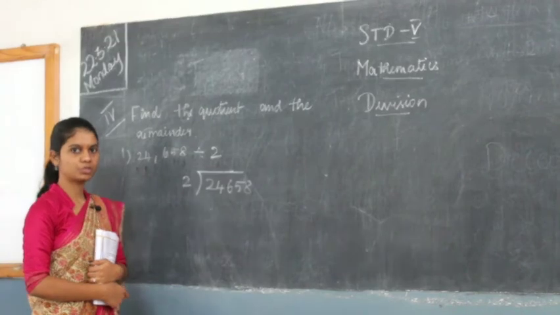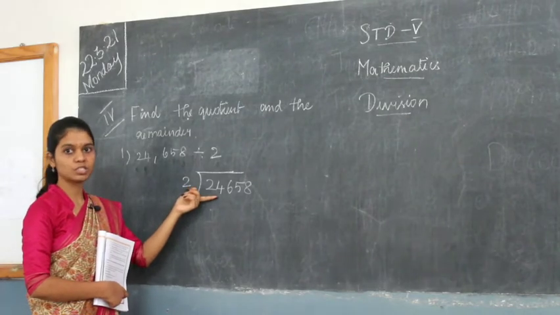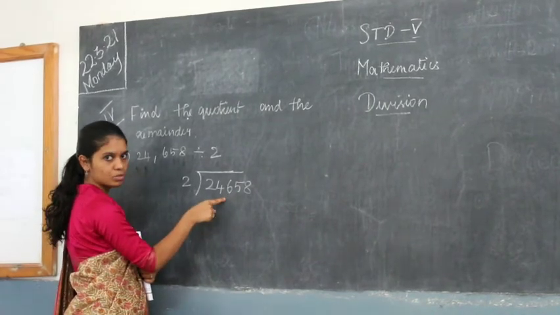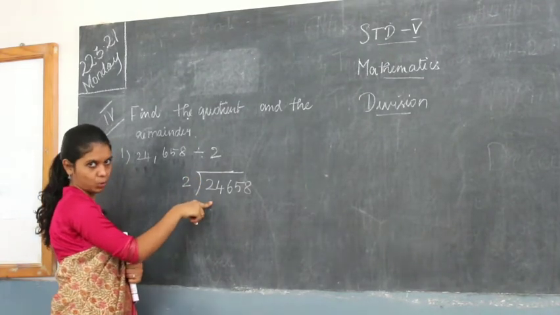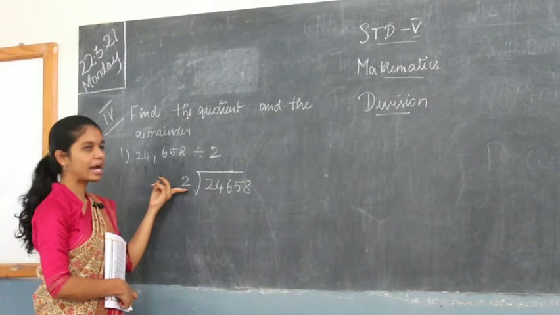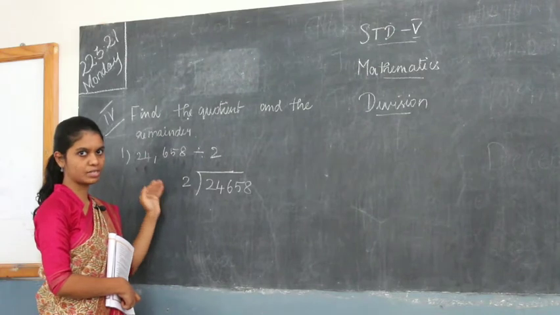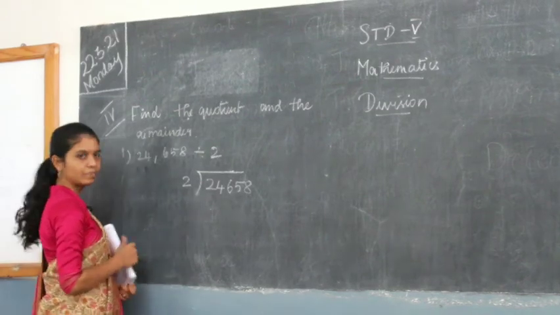Now what you should do? You should start telling two tables and you should start solving the first highest place value number. Here, see: unit, tens, 100, 1000, 10,000. So 10,000 is the highest place value and there you have 2. You should start telling two tables because the outer divisor is 2, and you should get 2. 2 ones are 2, right? So 2 multiplied with 1 gives you 2. You got 2, so you can stop with that.